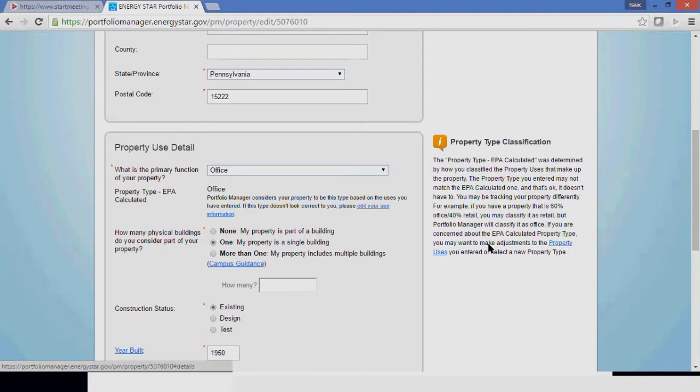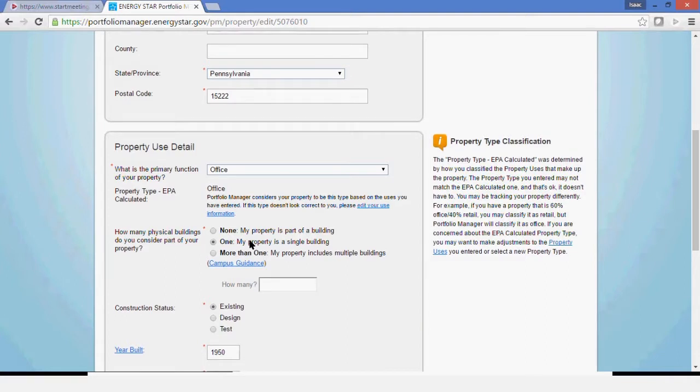If you're not sure about the property uses, you can go ahead and click on this link here, this property uses, and it'll direct you to some information on what sort of function or building type is the right type for your building. But again, we're going to stick with office. For now, all of this property information has remained the same. You might need to edit